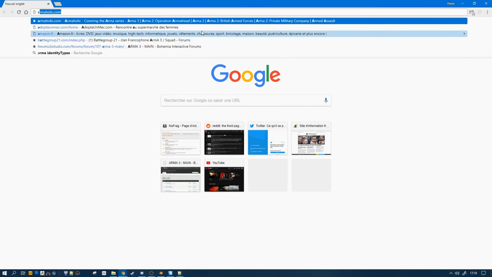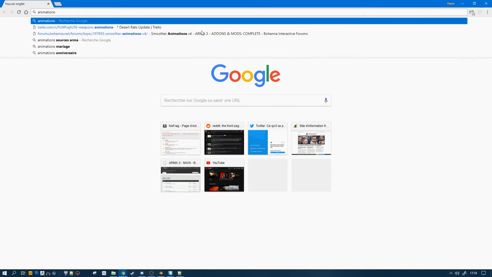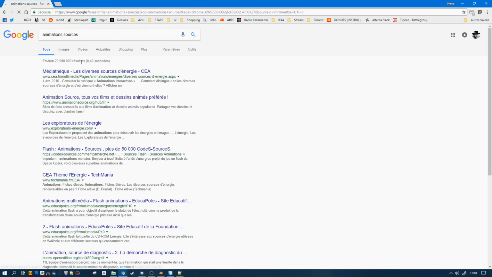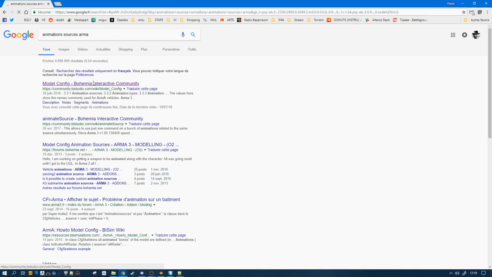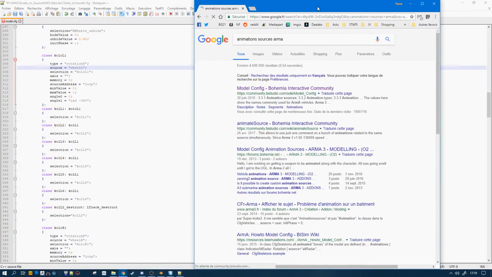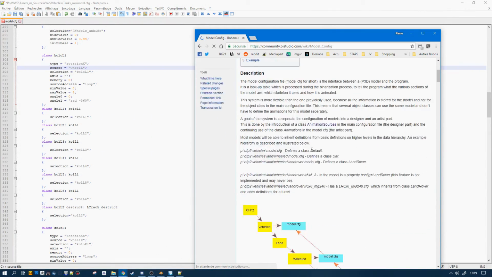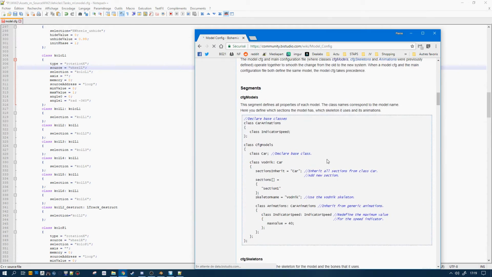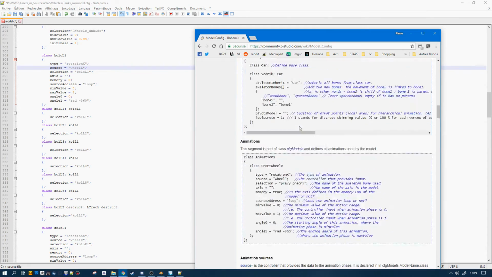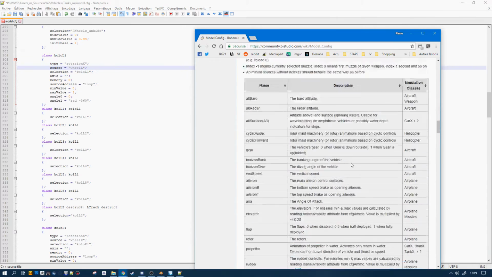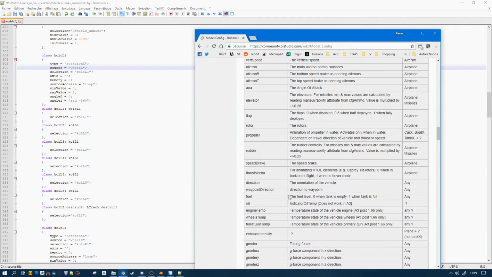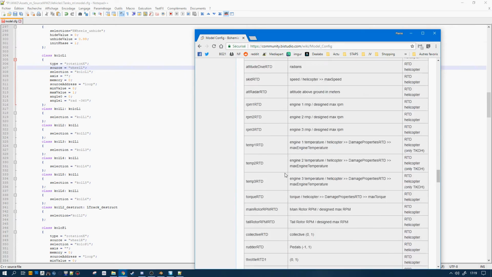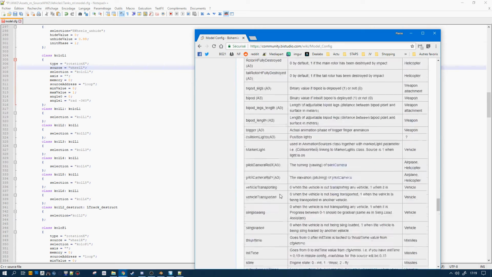Now if you want to check the animation sources, you go to the wiki, which at least here is complete. It explains all the system, everything is explained, and you can find here all the animation sources that are supported by default inside model config.